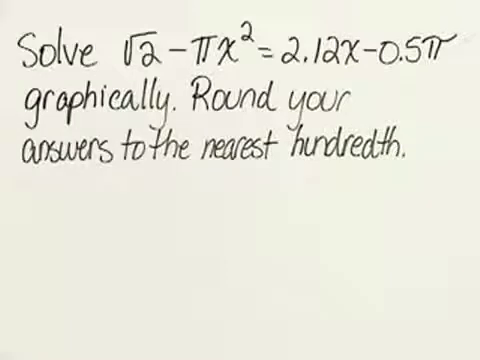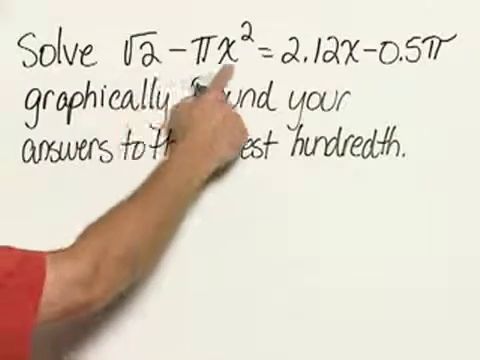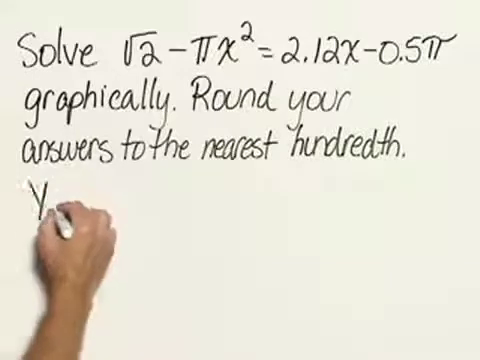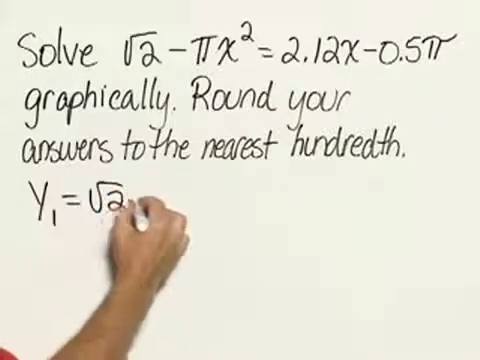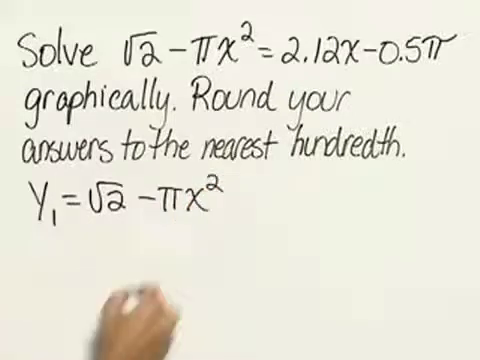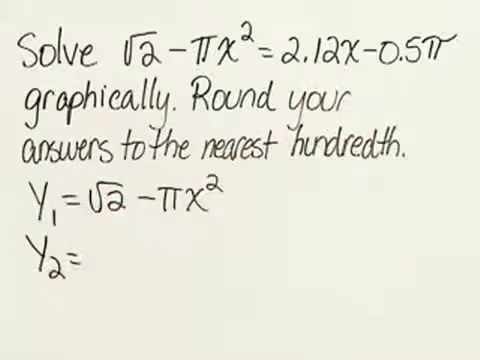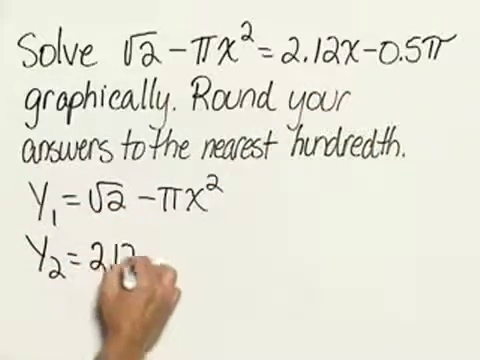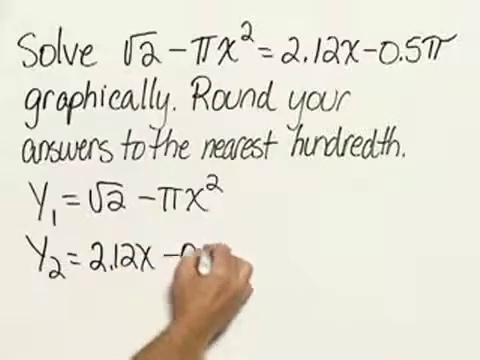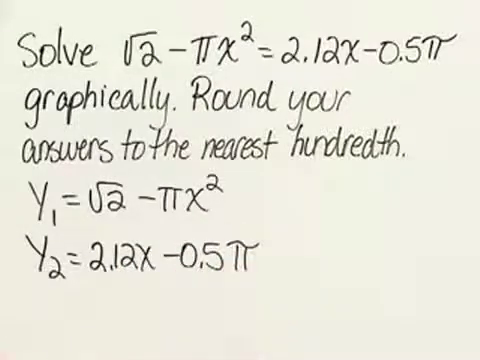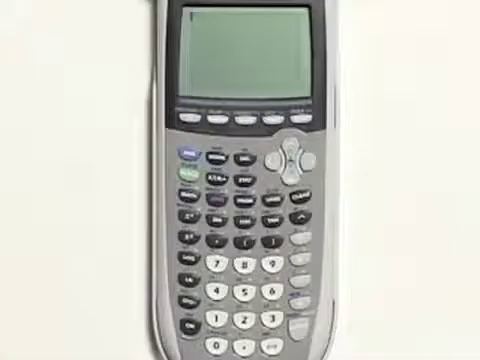So to solve these using the graphing calculator, we'll set up an equation for the left-hand side that y sub 1 equals the square root of 2 minus pi x squared. Then y sub 2 will be equal to the right-hand side, and so that would be 2.12x minus 0.5 pi. So we'll enter these onto the calculator and find where the two graphs intersect, and those will be our solutions. To enter the equations into the calculator, we use the equation editor, or what's called the